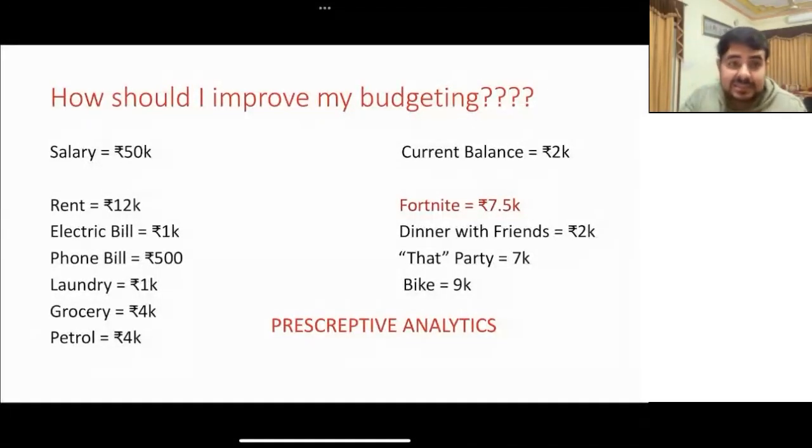So again, as I said, we have talked about all of these things: diagnostic, descriptive, prescriptive, but we haven't talked about predictive. I talked about how grocery planning works. That's an example of how predictive analytics is used in day-to-day life, but that also has its constraints. I wanted to show you, or let's discuss, how it is done in a very simple manner. So let's go to the example of